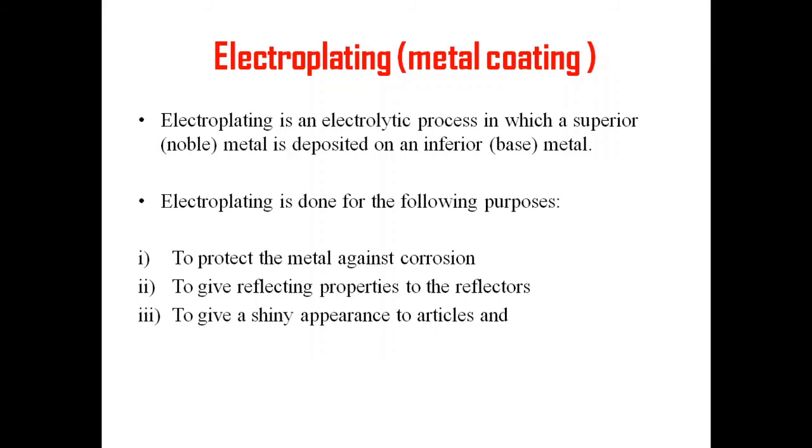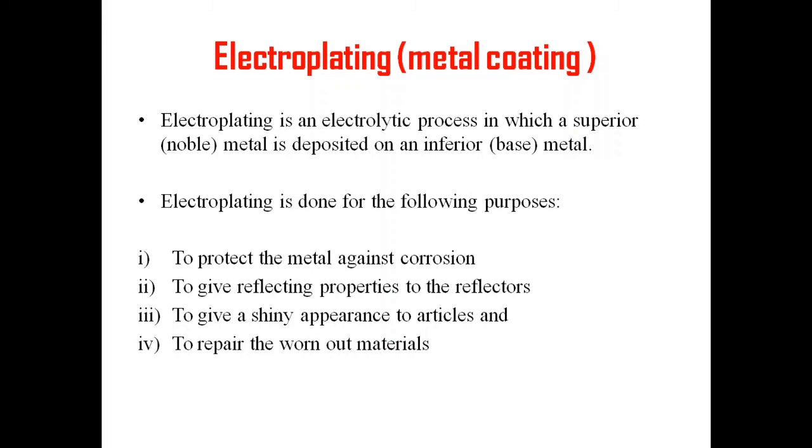You can have an idea about ornaments, and there are so many materials which need to have a shiny appearance. For those materials we can have an outer coating by this electrolysis process, so that the shining of it will be more. You have heard about gold coating. Ornaments will be there, and for that we can have a gold coating, so that its appearance will be similar to gold. That can be done by the electrolytic process, which is called electroplating.